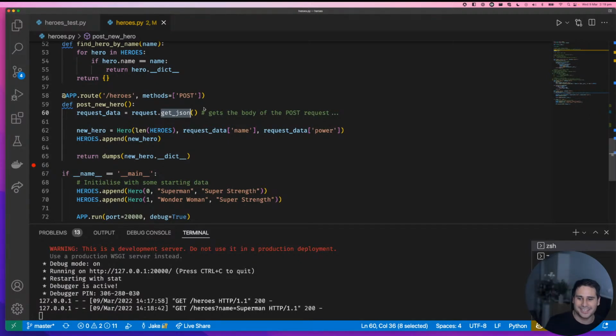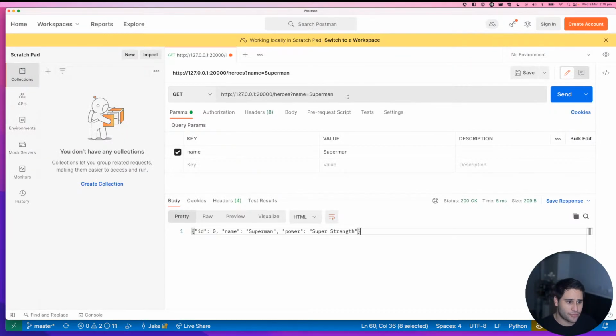Someone called Blue Plays mentioned YouTube uses that format or has that format. I think you're referring to this format. So when I said this is specific to Postman, I meant that Postman can take this and pre-populate this table nicely for us. But this is just the URL format. This happens all over the internet. And if I have multiple key value pairs, I separate them with an ampersand. So then I can say, ID equals 2, for example. And this is everywhere. If you go to any website,